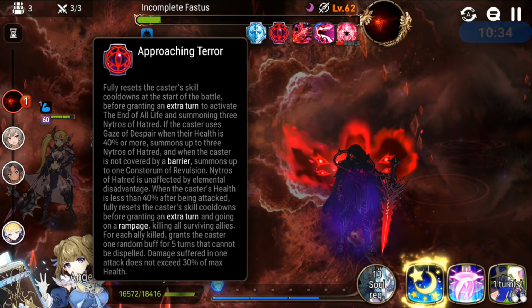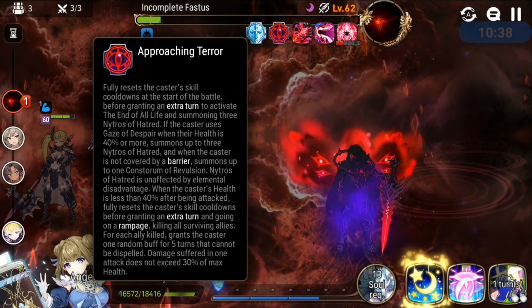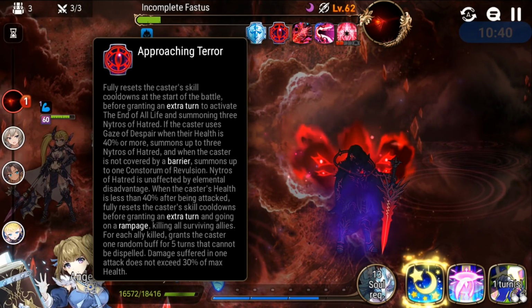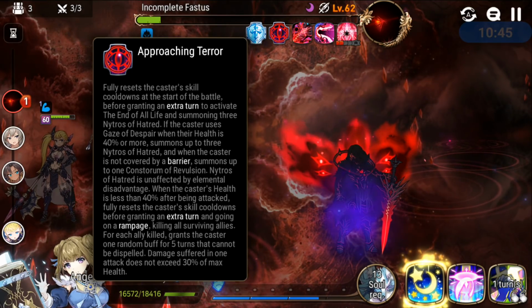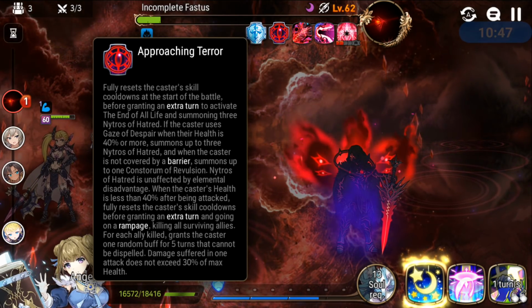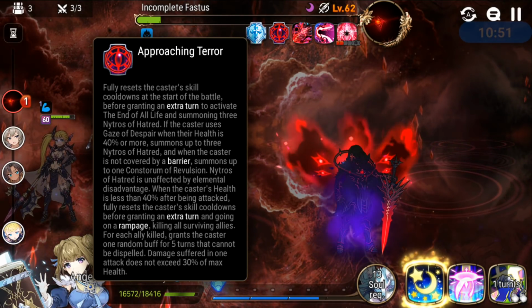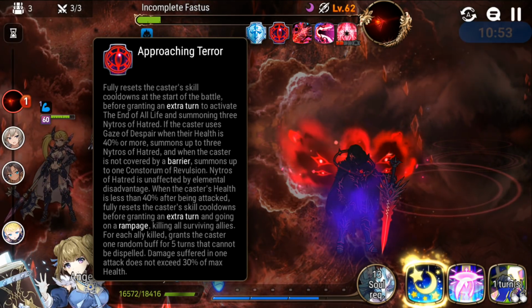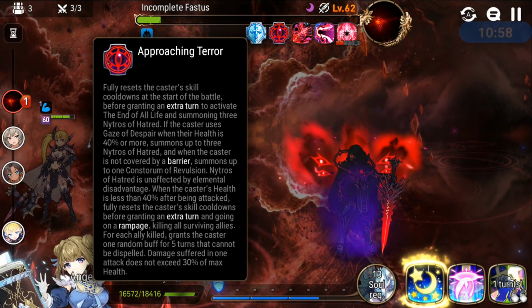Constorum of Revulsion. Nitros of Hatred is unaffected by elemental disadvantage when the caster's health is less than 40% after being attacked. Fully reset the caster's skill cooldown before granting an extra turn and going on a rampage. So that's it. When the caster's health is less than 40%, resets cooldown, and then he's gonna be using the